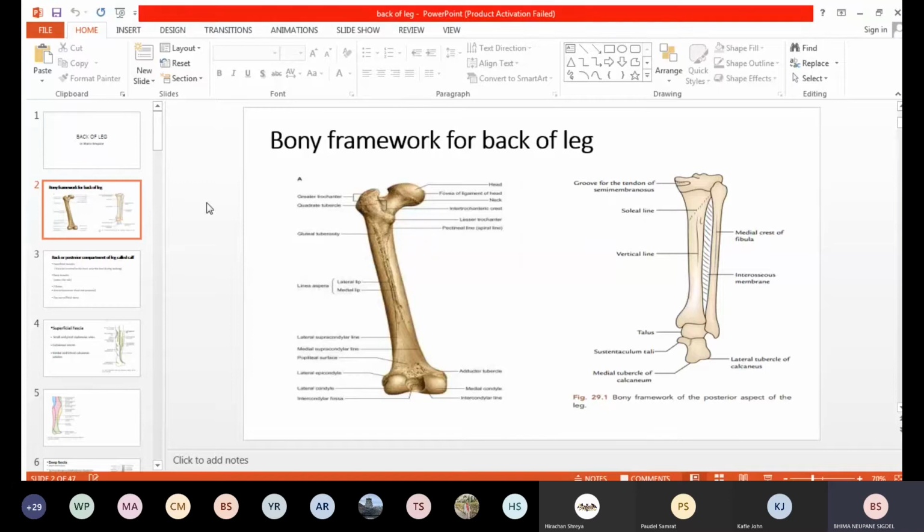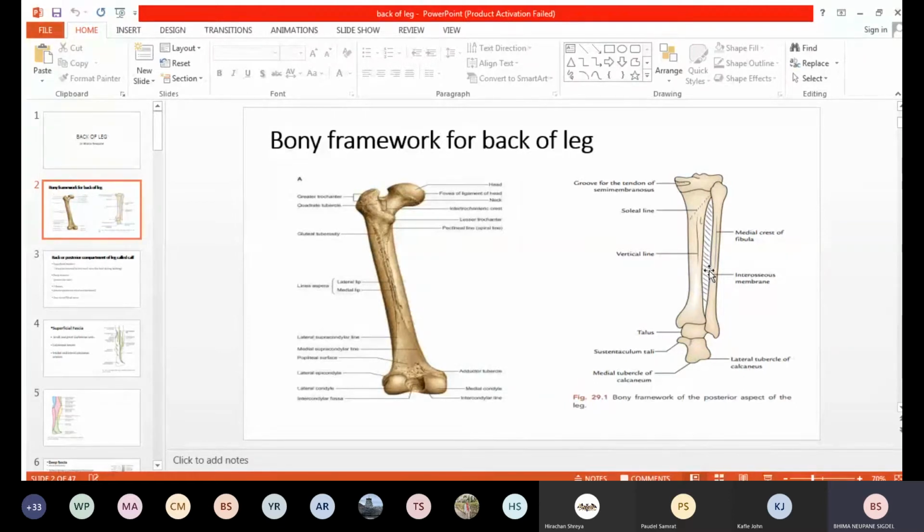In the thigh we had the femur bone, right? Similarly in the leg, you have to know the back of the leg. So for the posterior surface, you have to know the tibia and the fibula. Along with that you have to know some tarsal bones also, that is the talus. Below you can see the sustentaculum tali of the calcaneus, that is the calcaneum, talus, tibia, fibula,